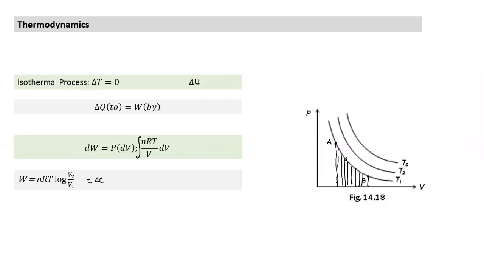So these are the few points we need to know; isothermal is a very simple thing. T is constant, it means delta U is 0. This implies heat given is equal to work done. Work done is equal to PdV, and we substitute P in terms of V, which is nRT by V. We integrate this, we get the work done, nRT log to the base e, V2 by V1. That's the work done. Area under the curve, we understood. Anything above the curve, temperature rises; anything below, temperature